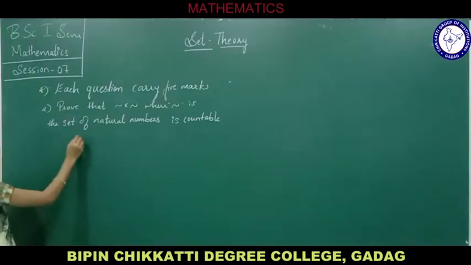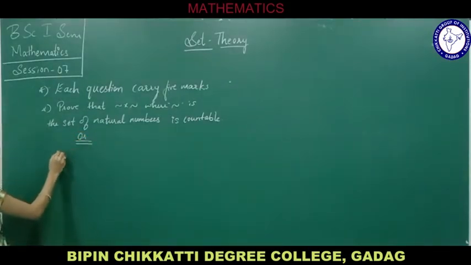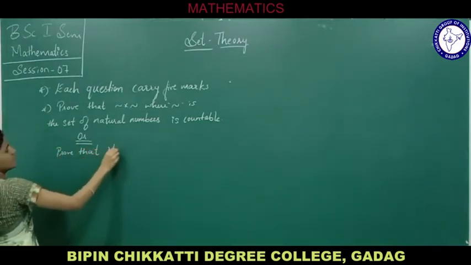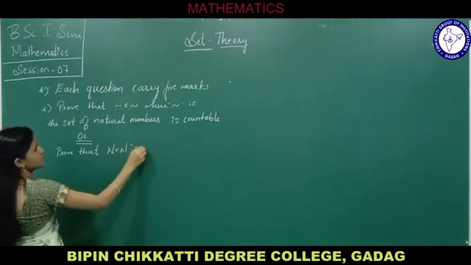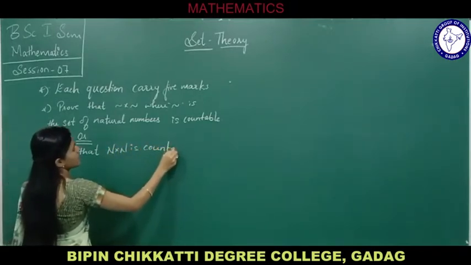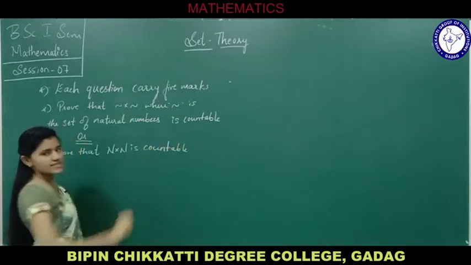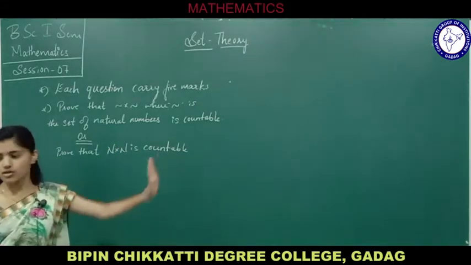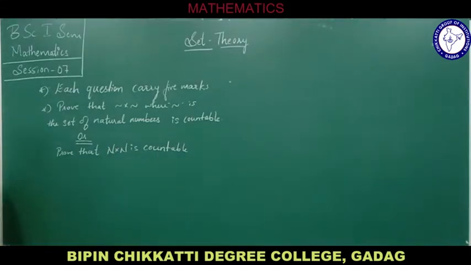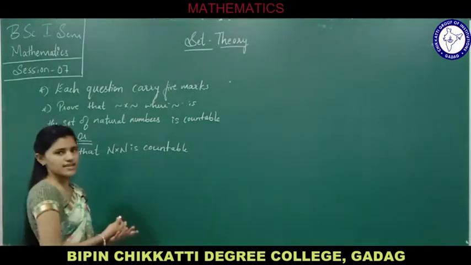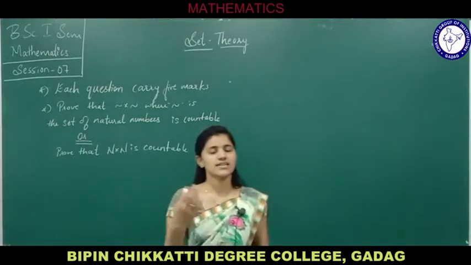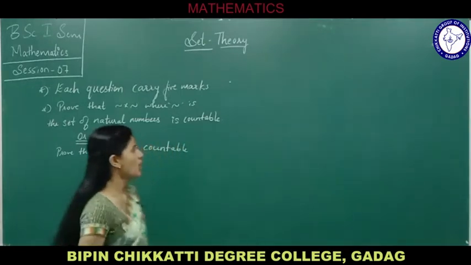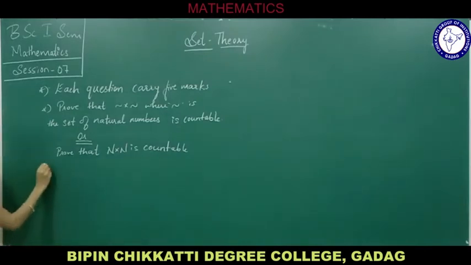It generally means, or they can just say, to prove that N cross N is countable. Both mean one and the same. This equivalence class is countable. We need to prove this. How are we going to prove it? We are going to consider the set of numbers. Natural numbers we can consider anything, right? Just consider the set of numbers as a1, a2, a3 and go on proving that. Consider the proof.